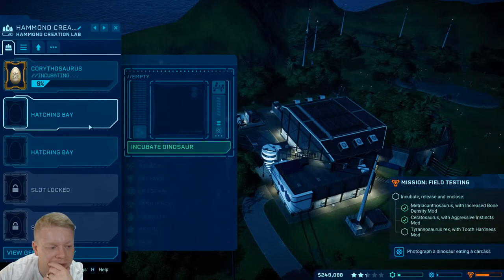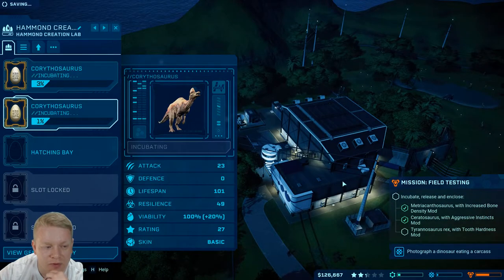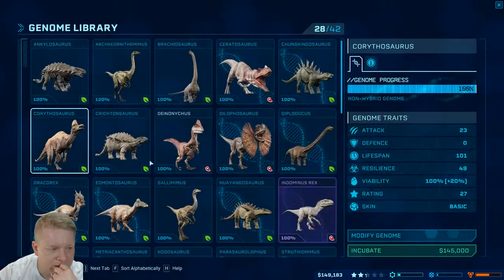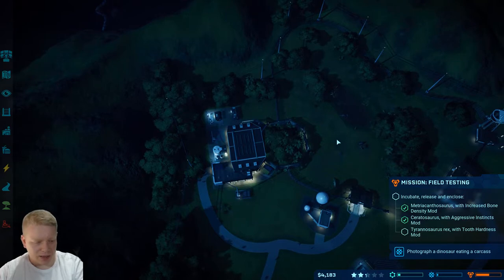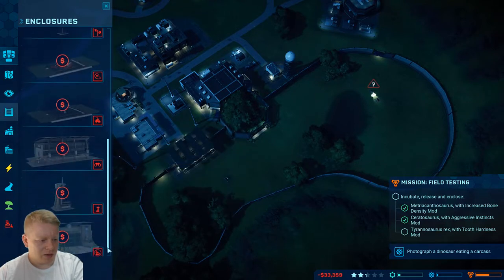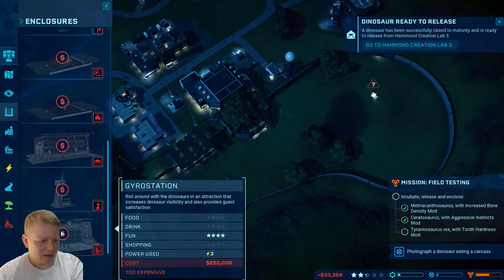Yeah, let's go ahead and get these made up. We're a little way off making the 3rd one. Not far off though. I think 1 tick, yeah. 1 tick does the job. So we've got 3 Coryphosaurs going to be heading into this paddock here. I don't know how safe a gyro station would be with...